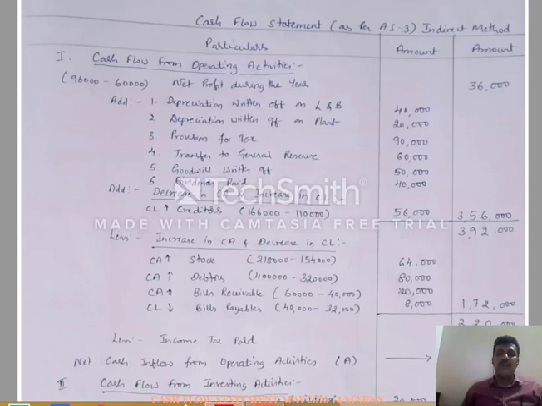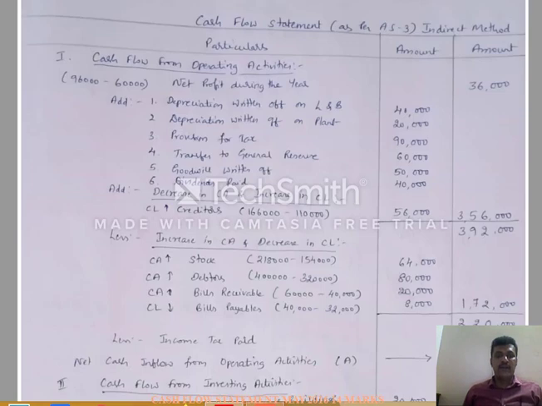That is 40,000, 20,000 and 90,000. Then in the balance sheet we have general reserves, which is increased by rupees 60,000 compared to the previous year. That we have to treat as transfer to general reserves during the current year. Then on the asset side we have goodwill, which is reduced by 50,000. That should be considered as goodwill written off by the company. Then we have an adjustment of dividends paid, 40,000, that should be adjusted.